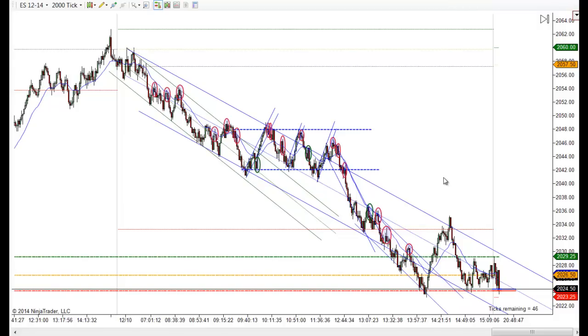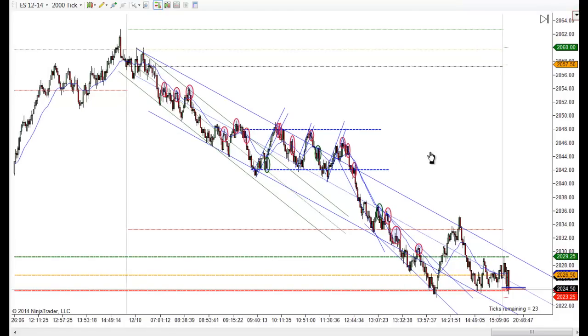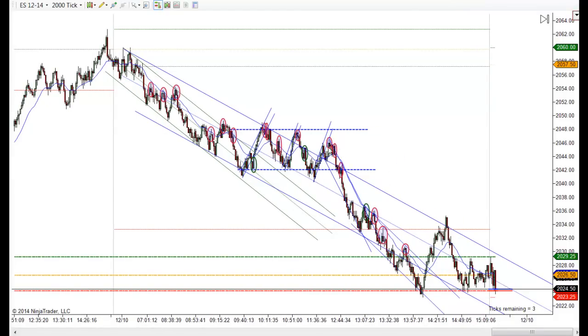Back in the old days when they didn't have charts, they read the tape. They watched it enough to where they understood it, and they traded the tape. And today you've got a clear picture, so you don't have to worry about reading the tape. You read the chart; it's still telling you something. It would have been interesting to be able to understand all this just looking at prices, but that's what the old guys did. And we've got it a lot easier now because it's very visual, and there's a picture here. And these are like tracks in the sand or tracks in the snow that are left by the people that control the market. And so we can follow their tracks and know what they're doing by following the price action.